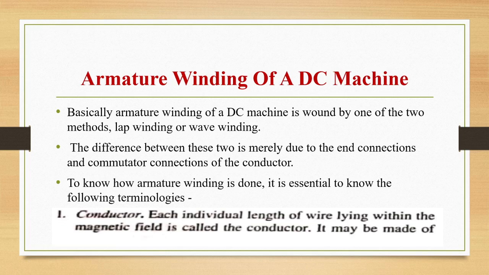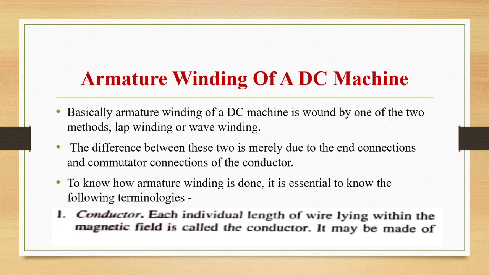We have seen the design of lap and wave winding. Also, we have seen the comparison between these two windings. And in today's class, I am going to talk about the EMF equation of a DC machine. See, students, EMF will be generated in a generator as well as in a motor. But when the EMF is generated in a motor, it is called back EMF. So the derivation of the equation will be the same whether it is a generator or a motor.